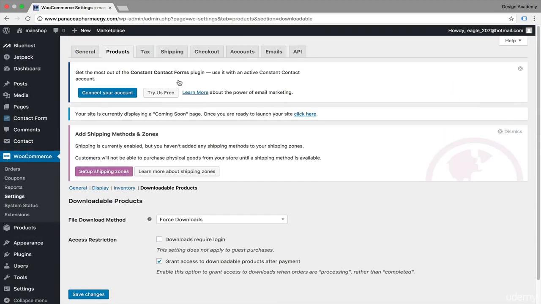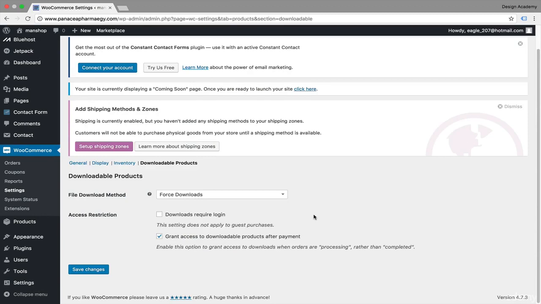Let's go to downloadable products, and here you can choose the method of download, either force downloads or redirect, from the file download method, and you can choose the way you would like. Let's keep it on force downloads. And you have access restrictions from here. Downloads require login, you don't have to check that one. And you can grant access to downloadable products after payment, in the status of processing rather than completed. And if you don't want to check that, you want to make sure that the sale is done